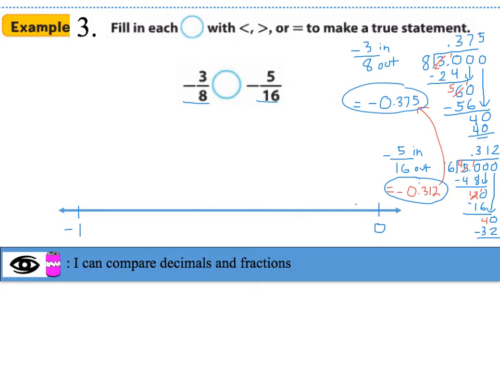So if I jump one space back here, that's going to be -1/10. Here's -2/10. Here's -3/10. -4/10. And so on. And then I can complete my number line up to -1. Now that I have these increments, I can go ahead and place my decimals on a number line. So I know that